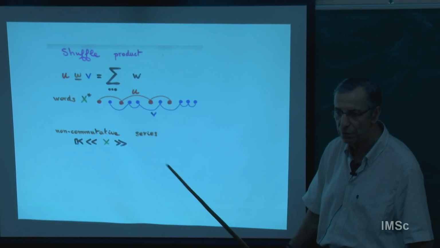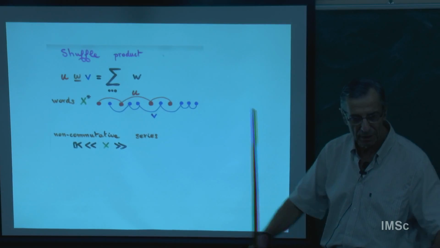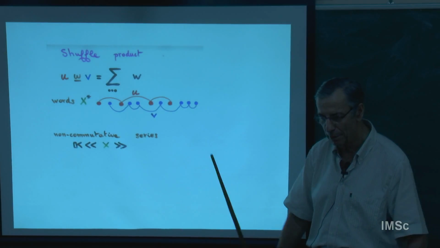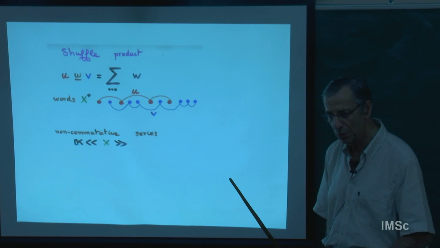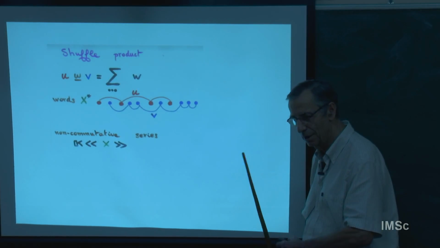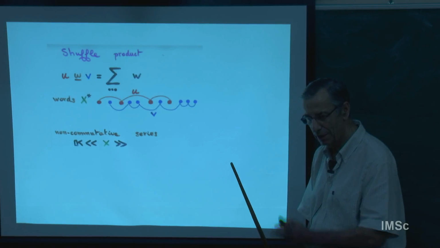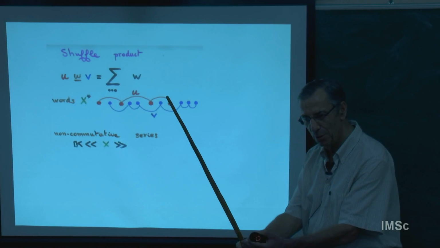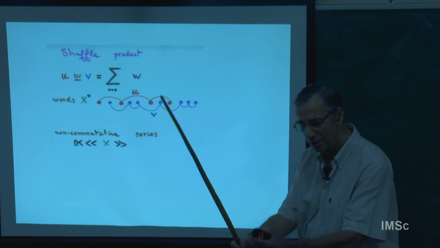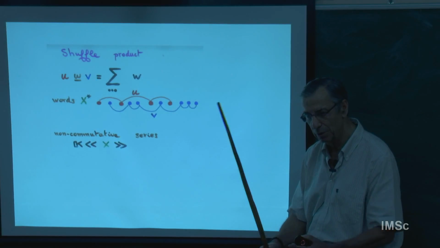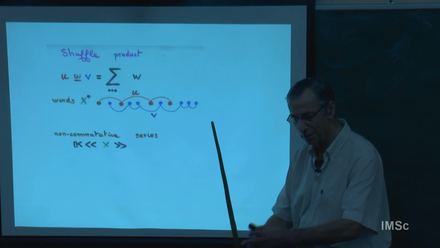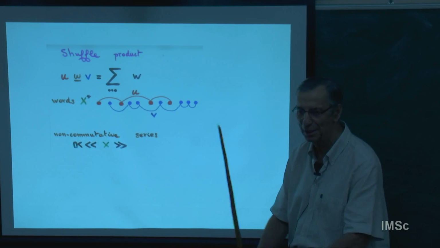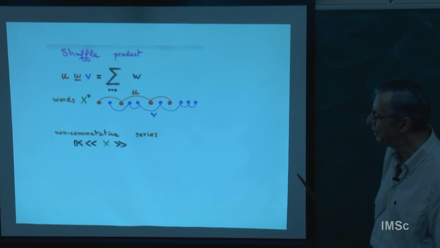You call this a shuffle of the word. So you can extend this to polynomials, to formal power series, and then it shows that using this kind of thing, there is a correspondence between shuffle product and integral. In fact, when you have an integral of a product of two functions, this corresponds in non-commutative power series to taking the shuffle of the two corresponding generating functions. Product under integration means taking the shuffle in the formal power series.